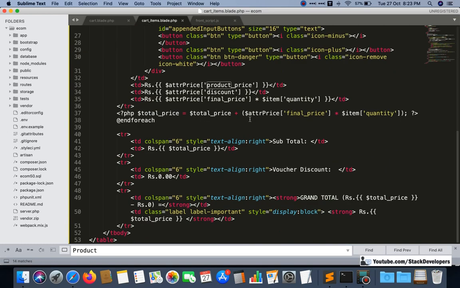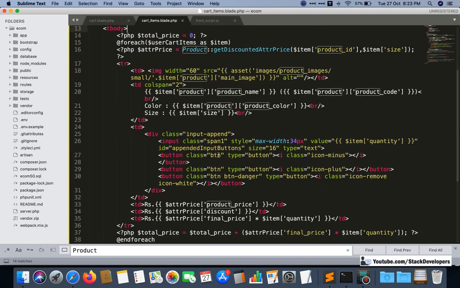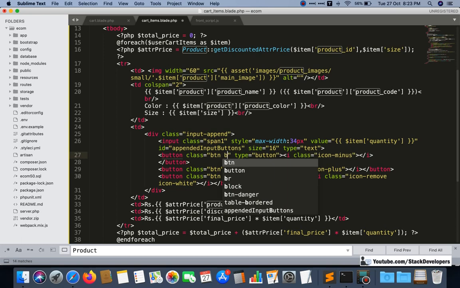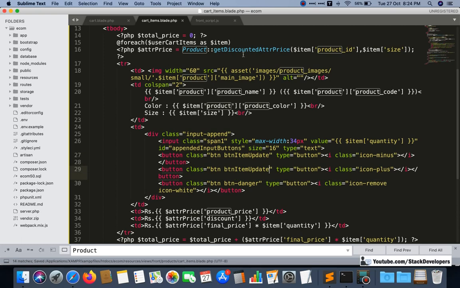But before that, I will add a class to the button. So I will take one class here, button item update. I will take the common class for both, so that on click of this class we will run our jQuery code.